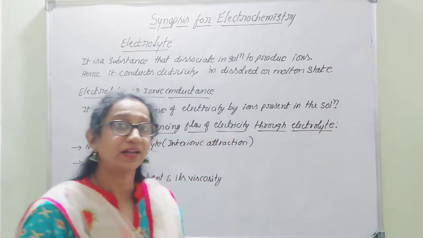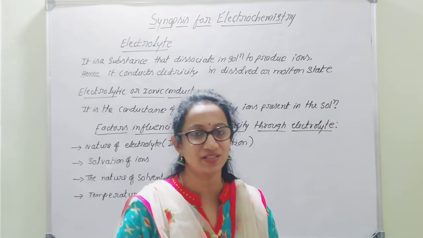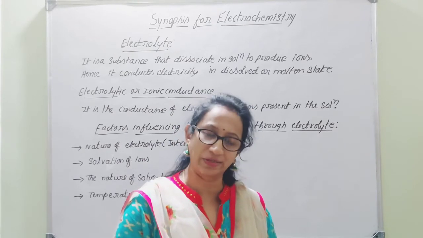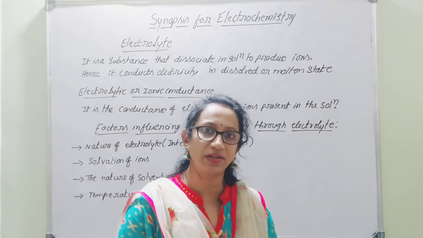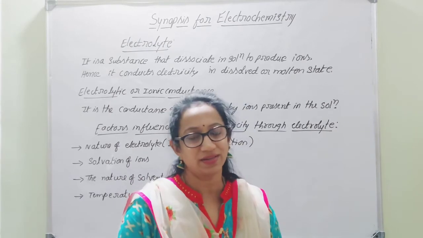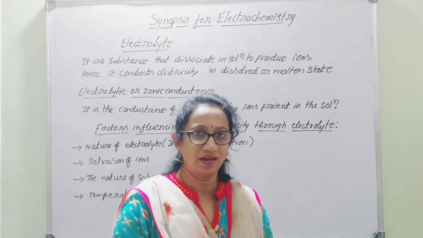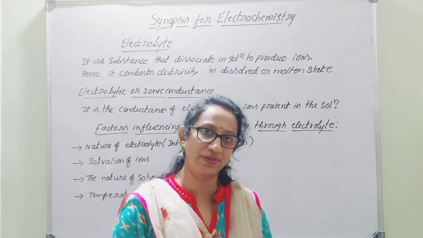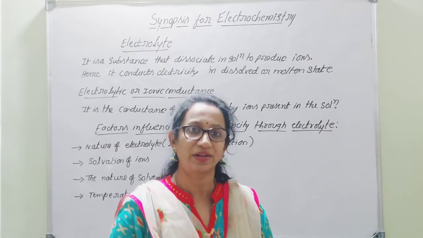Hence, we can say that electrolytes can be classified as weak electrolytes and strong electrolytes. What is the main difference between weak electrolyte and strong electrolyte? The weak electrolyte dissociates partially, whereas a strong electrolyte dissociates completely to give ions. You can consider simple examples like acids and bases. Acids and bases will be either strong electrolytes or weak electrolytes. Even salt solutions are also electrolytes.